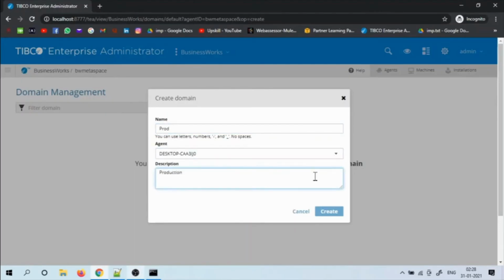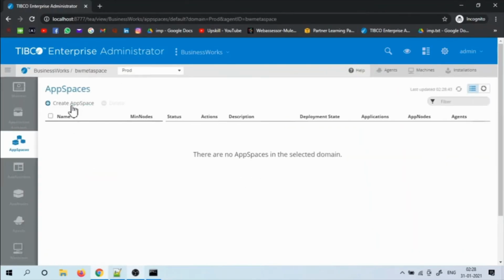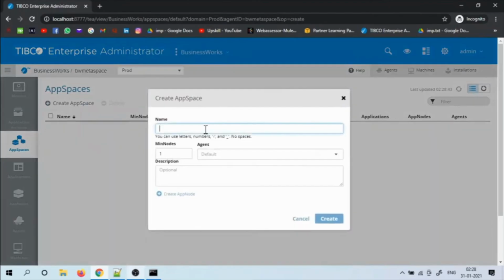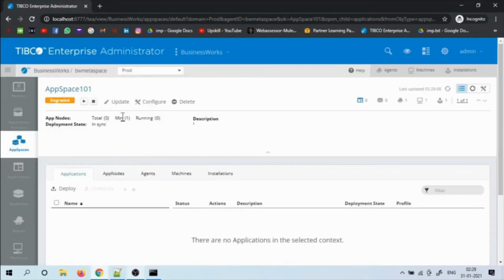Once the domain is created, create an app space in the domain. I'm creating an app space. Give a name to the app space. And from the drop down, select the agent and click create. Now if you see the status is showing degraded, that is because at least one app node